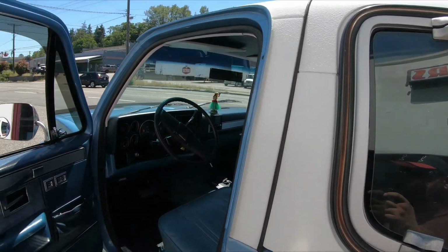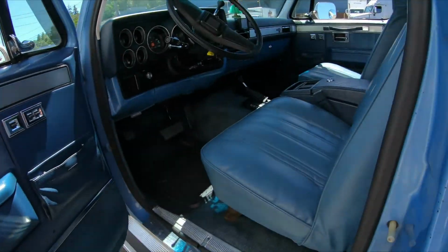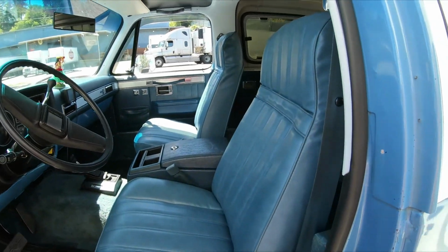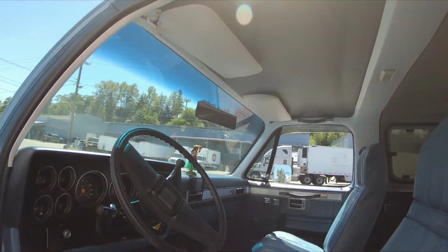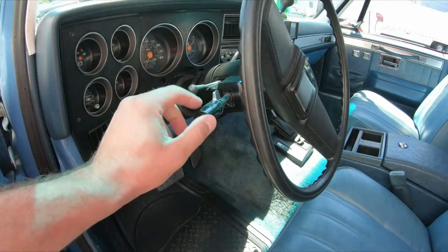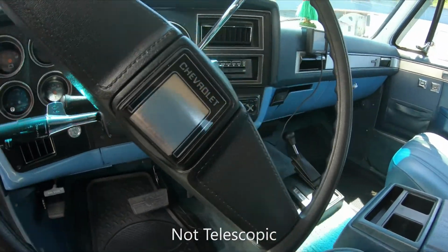It's blue on blue interior. Door panels are still nice. The front two seats have been reupholstered. The rear seat is the original seat. So, nice headliner and visors. Like I say, tilt, telescopic. Did have cruise control. This car has been upgraded with